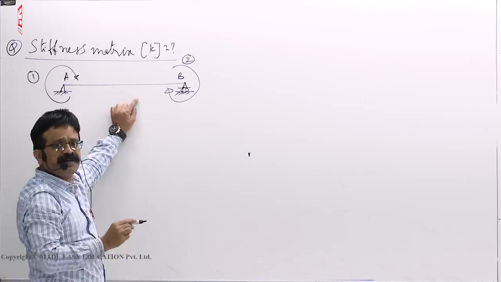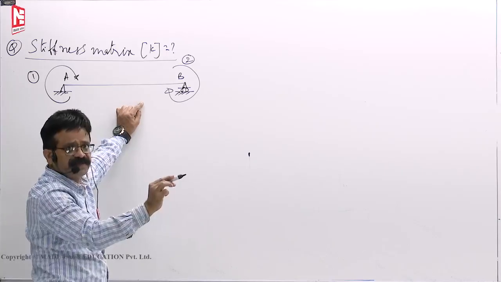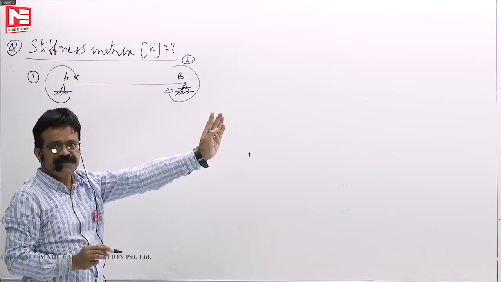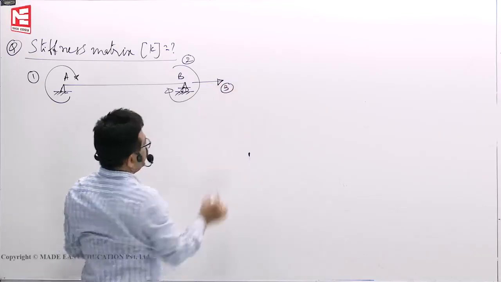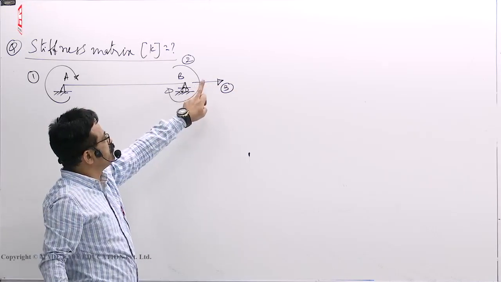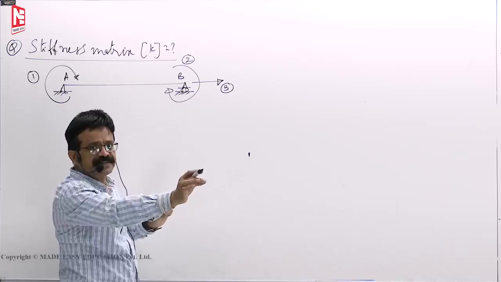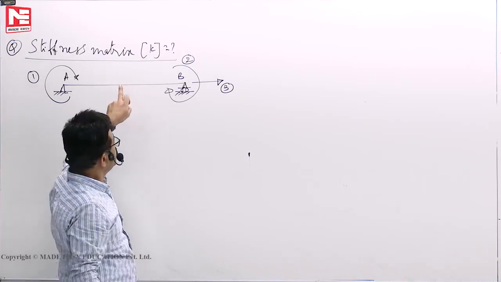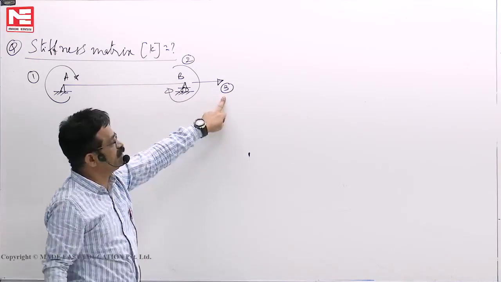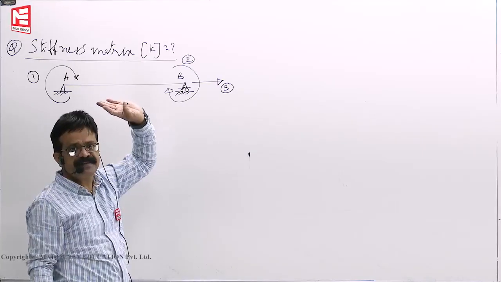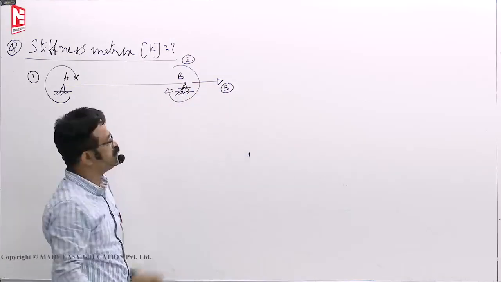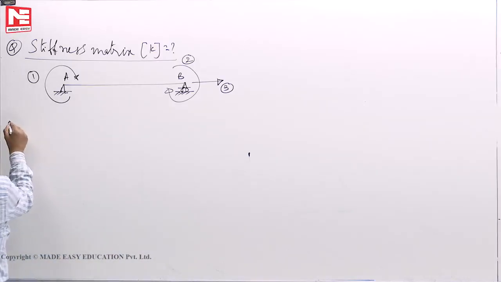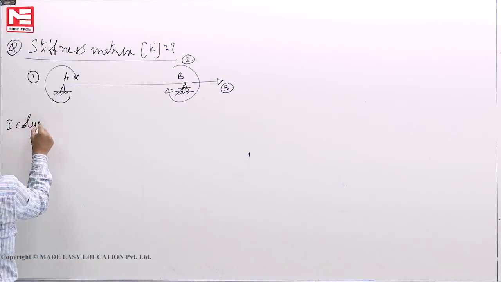Supposing that the member is axially extensible, that means elongation is possible, I give a coordinate for that also. When I give coordinate 3 like this, it means that the member can elongate. If they give it as axially rigid, then 3 is impossible to exist. In this case, 3 is given, which means elongation is possible. So, first column,